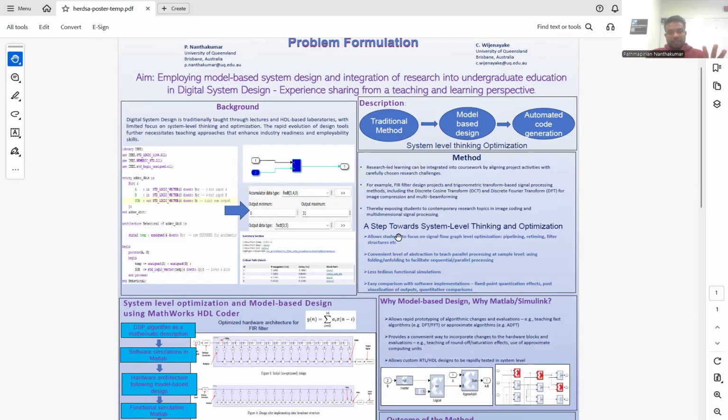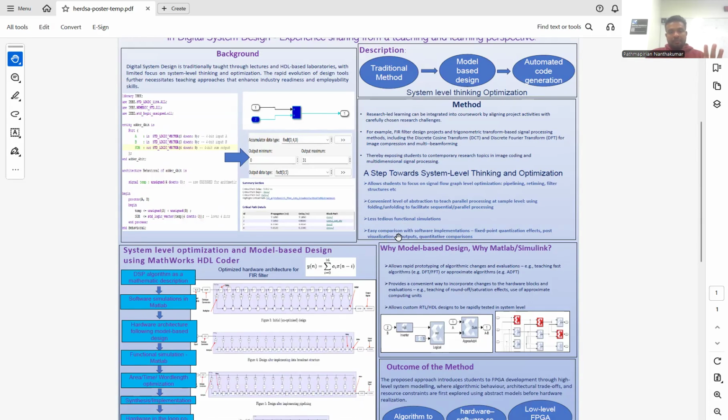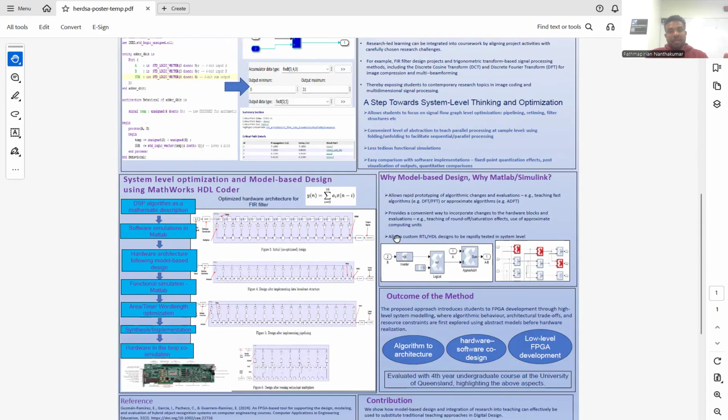So now the main question is why we need model-based design. There are many technical details. I don't want to go to that level, but I will clearly explain the first thing. So it is a simple filter design. If they want to code it by themselves, they have to make the simple multiplier and adder and then have to create a hierarchy. Instead of that, if we do the model-based design, by looking at it, they can easily optimize